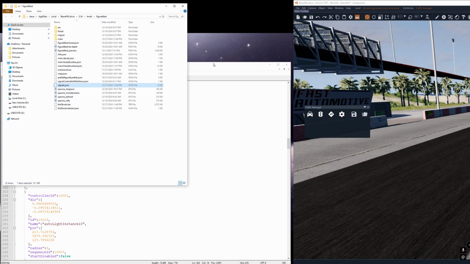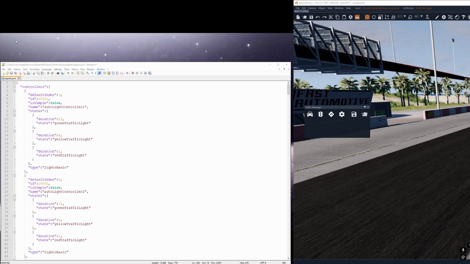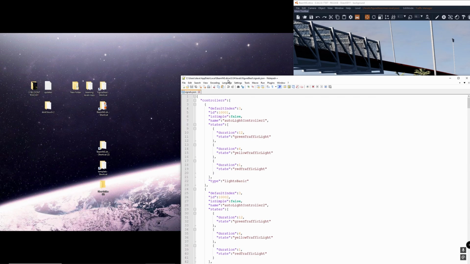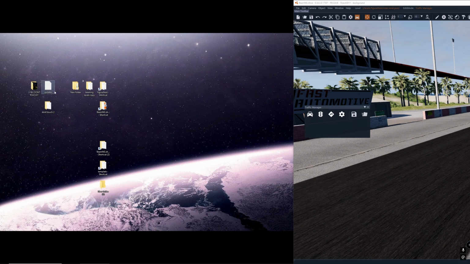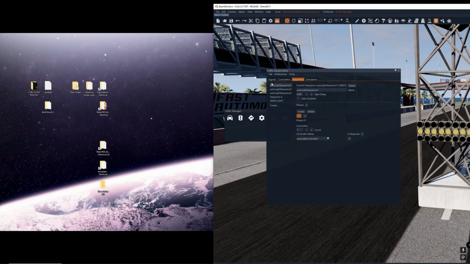If you wanted to restart this whole process and get rid of all this and start over and go back to East Coast and get the raw signals file and just start fresh, I just wanted to quickly go over what you would have to do. So in order to have any controller data or any sequences to even start with, you could probably just create your own sequences and controllers using this menu. But the way I did it, it seemed easy. All I did was go to East Coast,